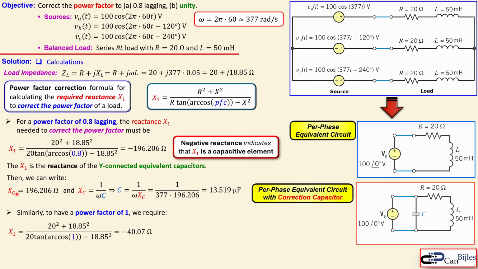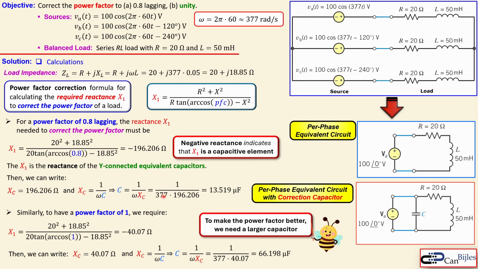Well, we use again our same formula. Then we can say the X of C is equal to X1, because that's the absolute value. And then you can use this formula and convert that to get the capacitor. In this case, the capacitor is now larger, so you need 66.2 microfarads. So that has increased in this case. So if you want a better power factor, you have to also use a larger capacitor. Okay, that's the conclusion, and we actually have made now the job for the first part, for 0.8 lagging and